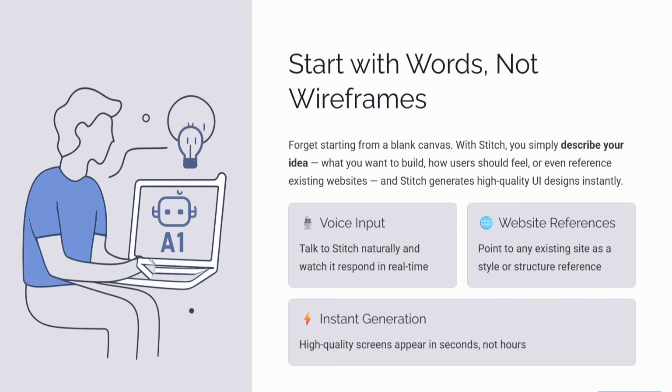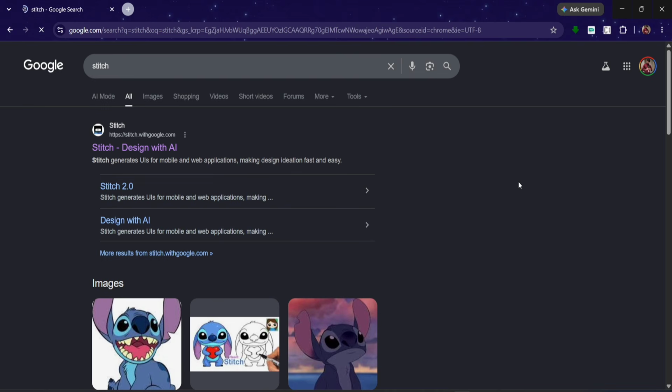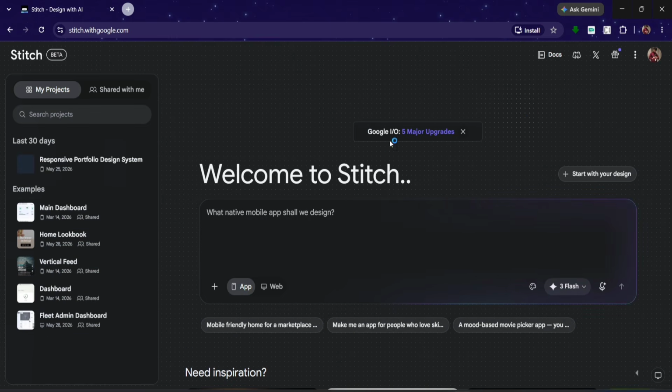So firstly, let's just try Stitch. When you search on Google, you will find something like this. Just click on the first link. Okay, so you can see that here we have many examples here,